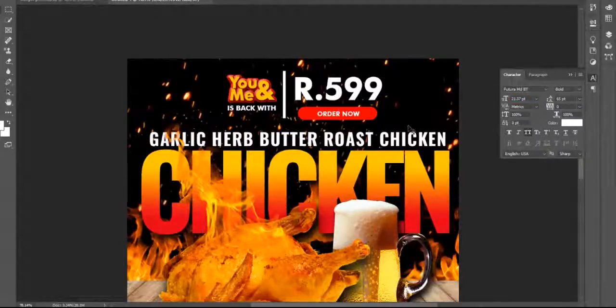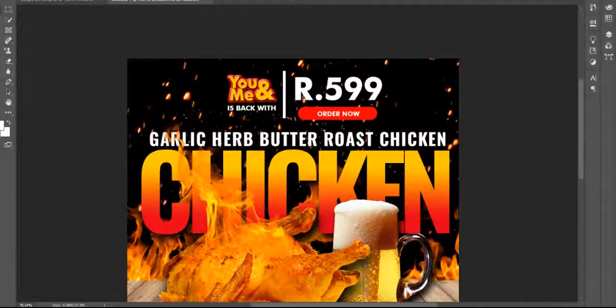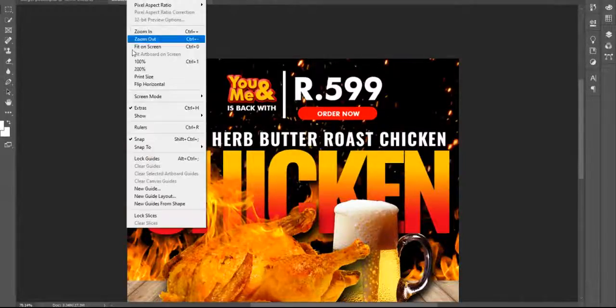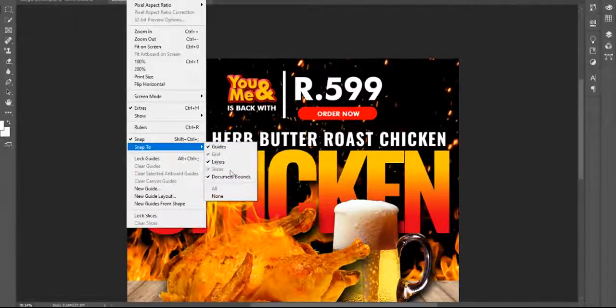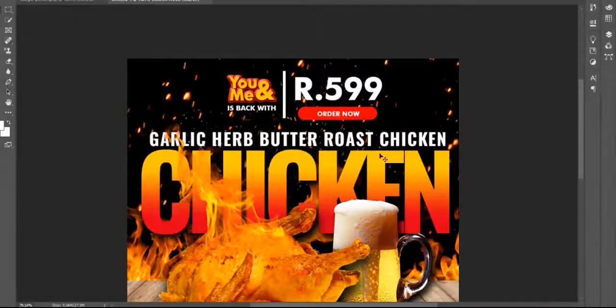So if you have a question, how can you place it manually in the center? In Photoshop, if you go to the View menu, there is an option called Snap. I snap everything, like document, layers and guides. So that's why I can easily align this without using any menu.